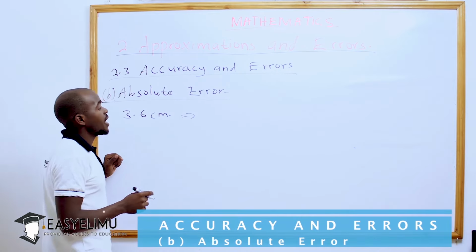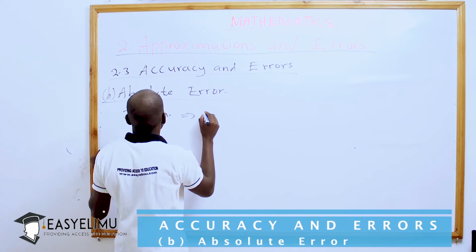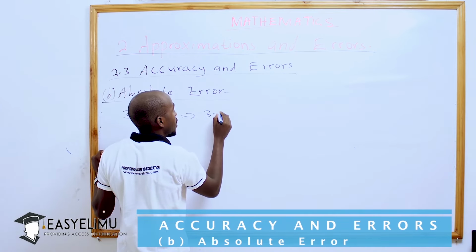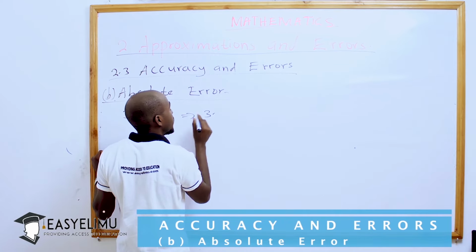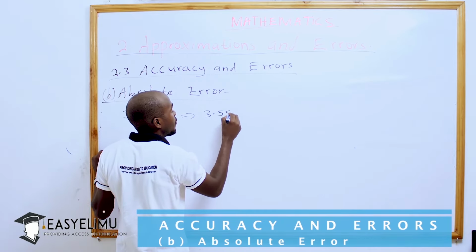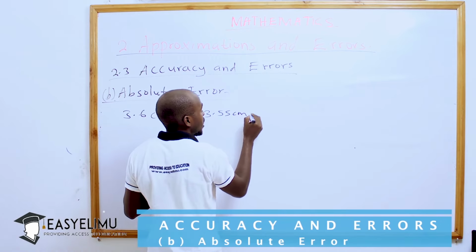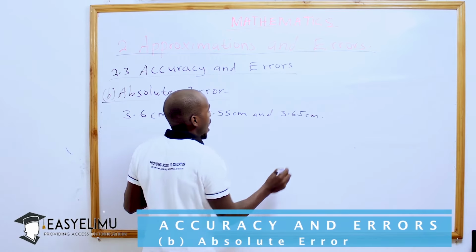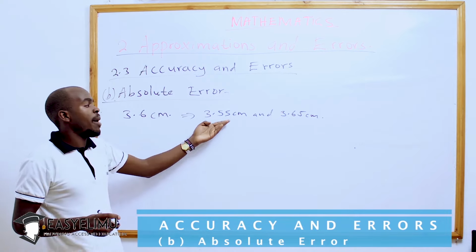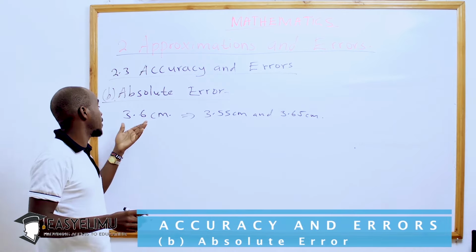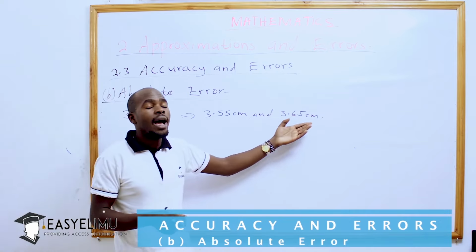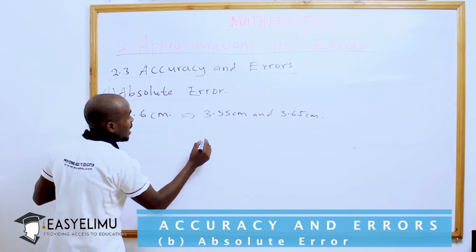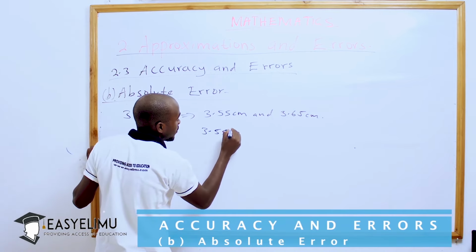And from this we can say it is close to 3.55 centimeter and 3.65 centimeter. And from this we can say this is the lower limit of this measurement, and this is the upper limit of that measurement, in that the measurement lies within 3.55 centimeter